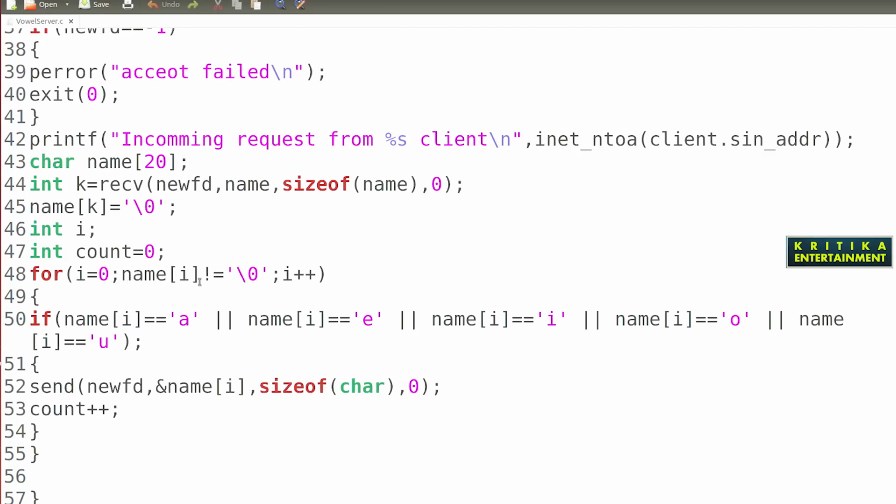i equal 0, name of i not equals to null, if name of i.